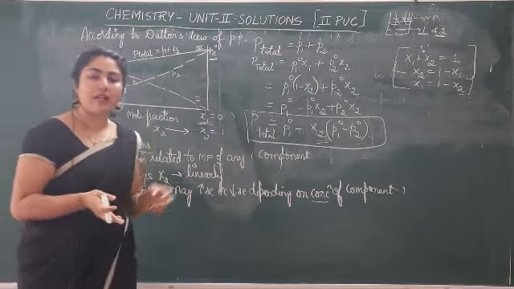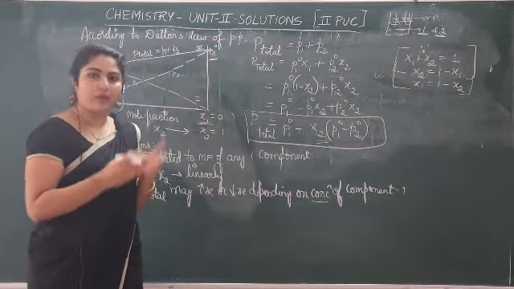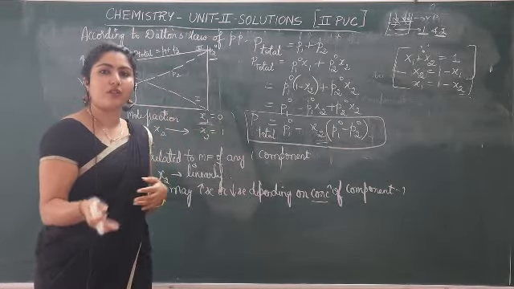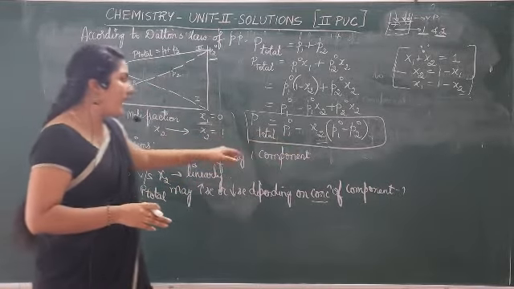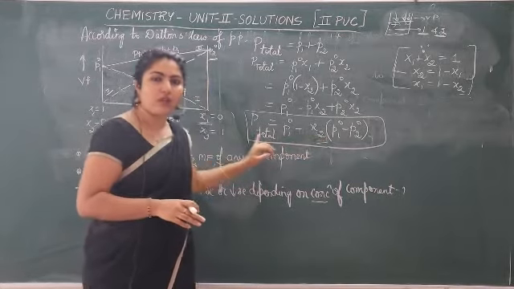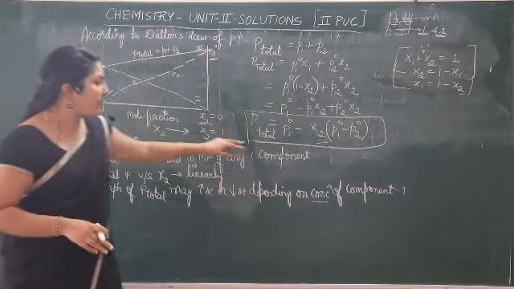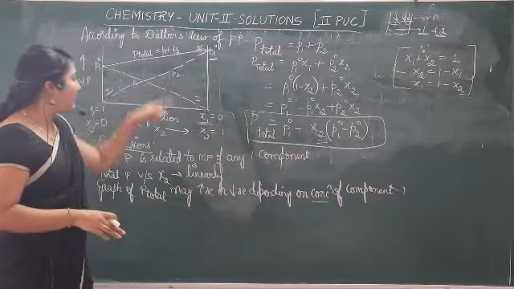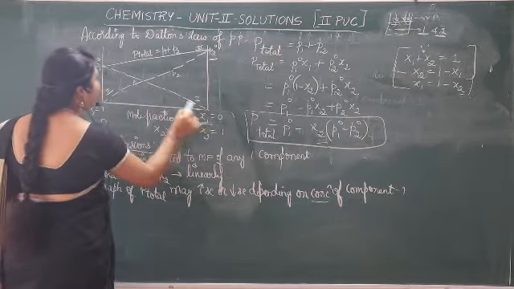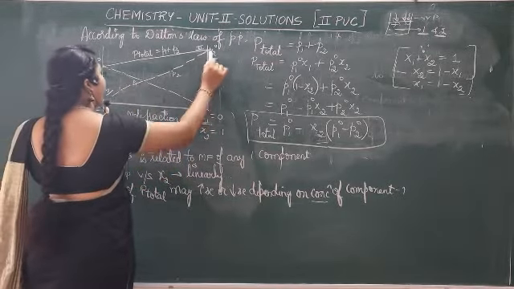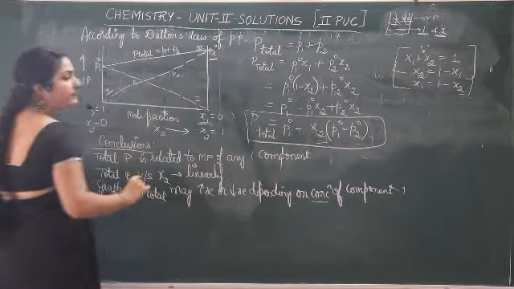What does Raoult's law state? It states that the partial vapor pressure of any one of the components is directly proportional to its mole fraction. So if you take total pressure, you get an expression this way, which means that just by considering one component, you can know the total pressure of the solution. And then using this, when a graph is plotted of P total versus X2, we get a graph this way, where the curve for component 1 is linear, the curve for component 2 is also linear, and total pressure can be obtained by taking the sum of these two curves.